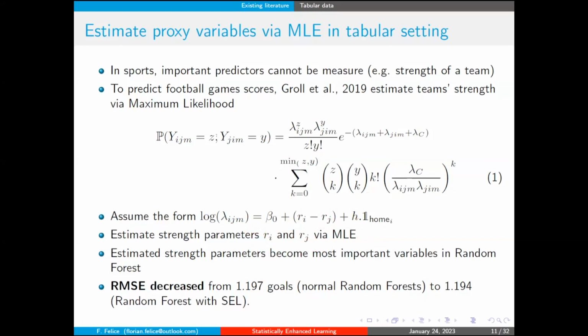So they estimate those quantities from the bivariate Poisson distribution, and then they get the strength parameters as a new variable to put into a model. And then they have a bunch of other values for the game, like the time of the game and all of those things. They add these two additional variables within the model, here talking about a random forest for machine learning, and they were able to decrease the error of the model by some margin still.